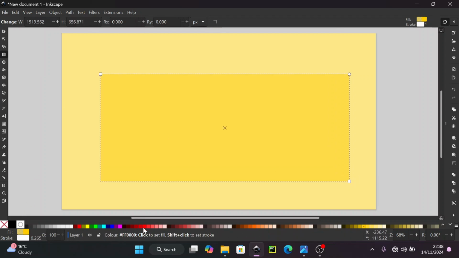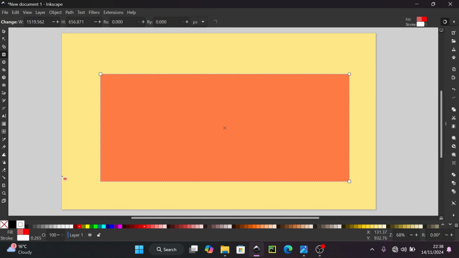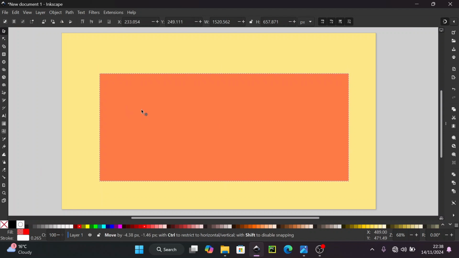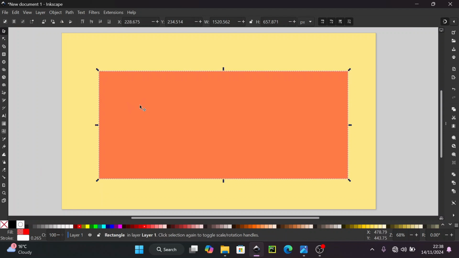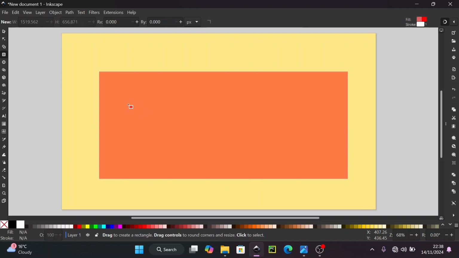I'll color it red for now, okay? So we need to make these rounded corners. So just double click on it, and there must be an option. Yeah, this is it. Drag it